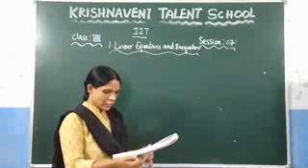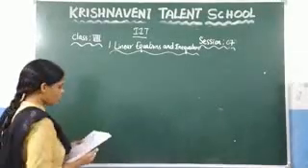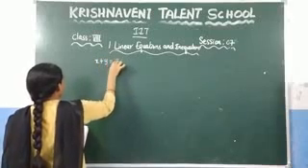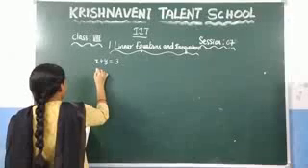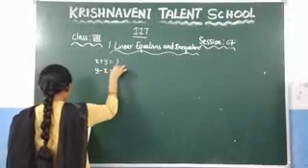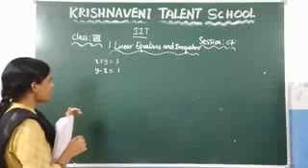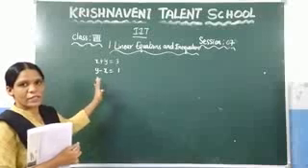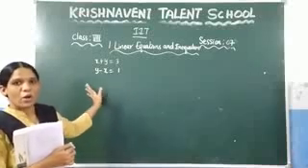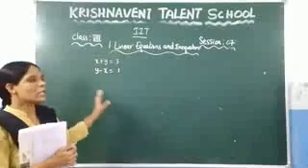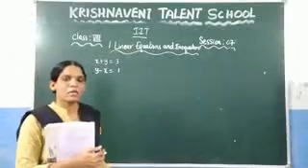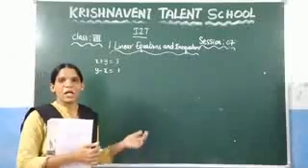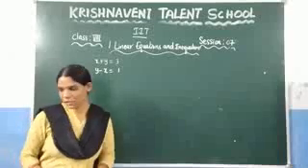If you see page number 11, they have given two equations: x plus y is equal to 3 and y minus x is equal to 1. You know that you can solve these equations by the elimination method, the substitution method, or the addition and subtraction method. You can solve by taking any of these methods. Suppose you want to find the solution using the graphical method, how do you solve this one? Let us see that here.